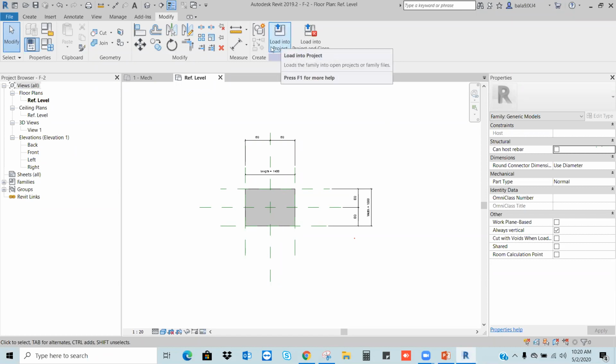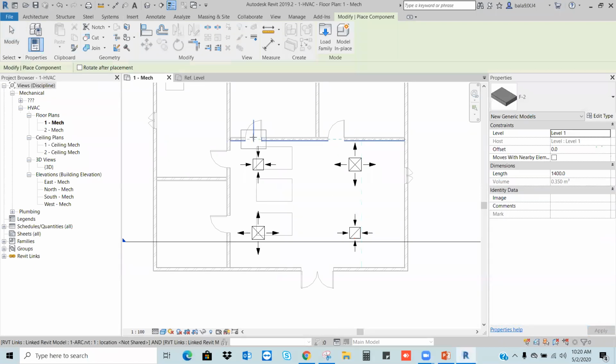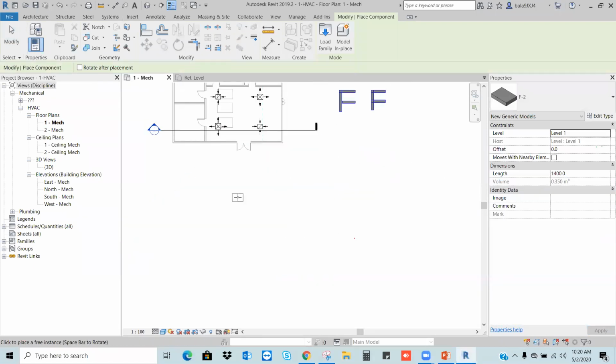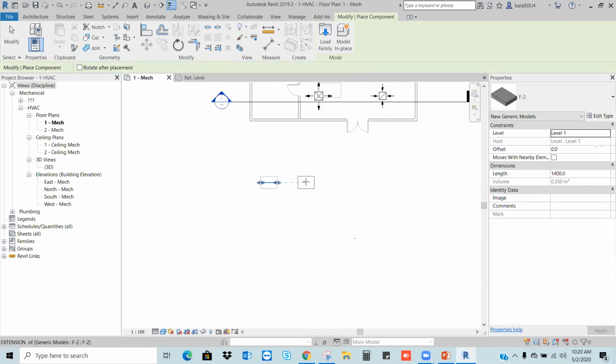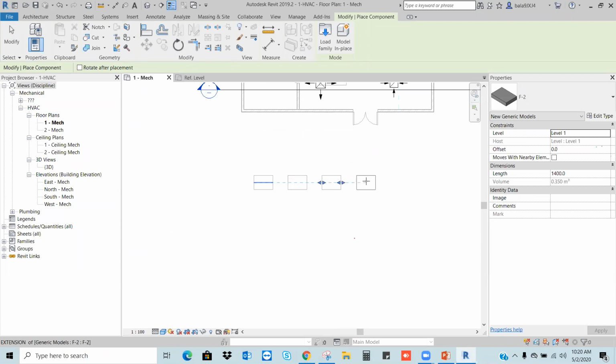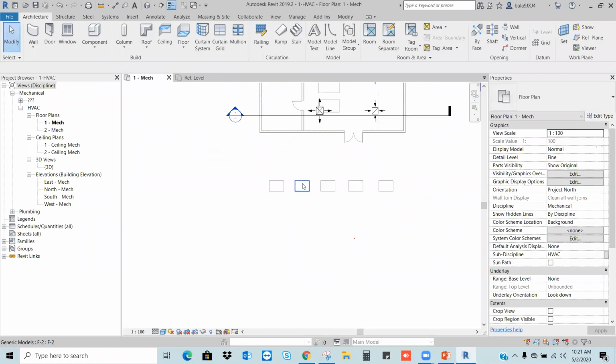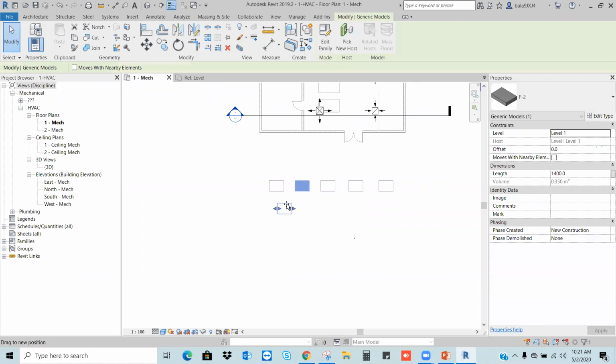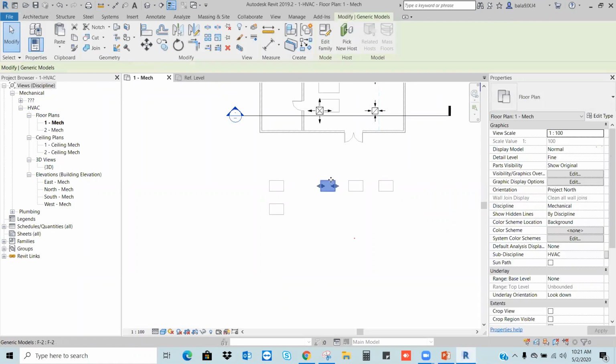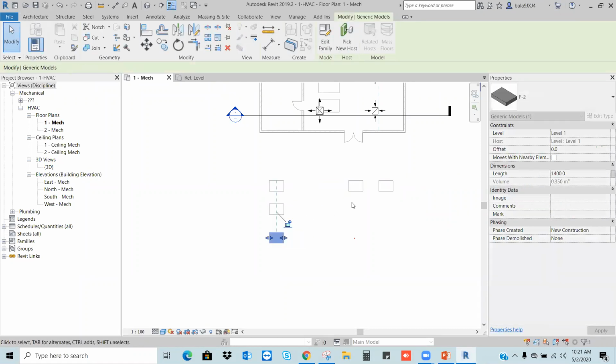Now go to Load into Project. I'm going to load it in my project. Let's say this block I'm going to place here, five times. I want to move it like this for our better understanding.